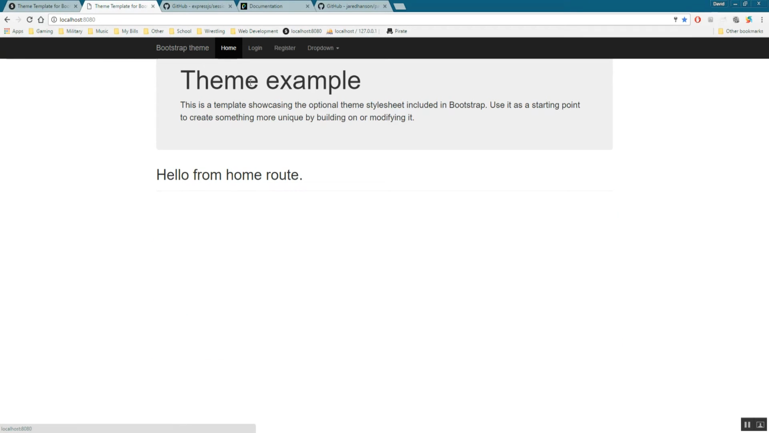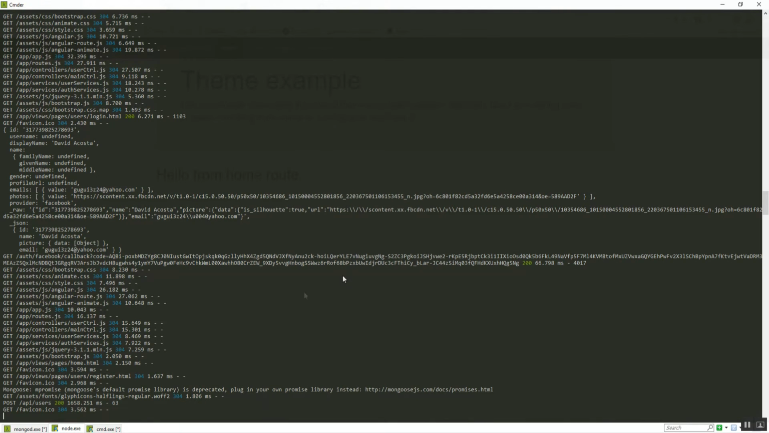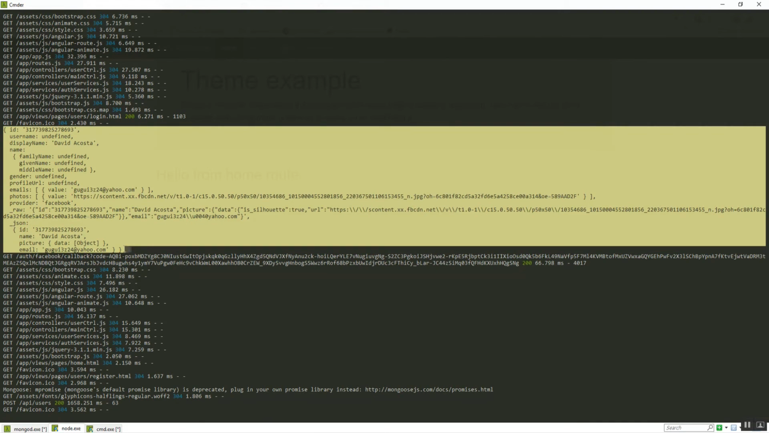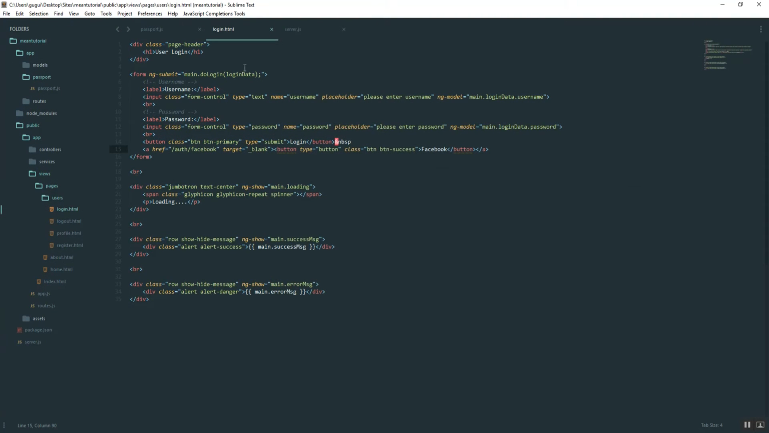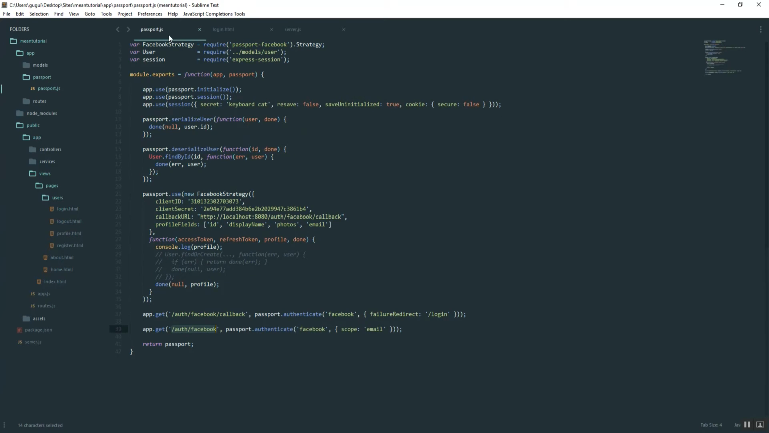Okay, so now that we have the Facebook login, let's go to the console and see what we got. This is that console log that we did, and this is basically everything that we get from Facebook. We get a bunch of stuff we don't really need. The only thing that matters is the email, and you'll see it's inside of the object, under _json and then email. So going back to our code, into our passport.js,